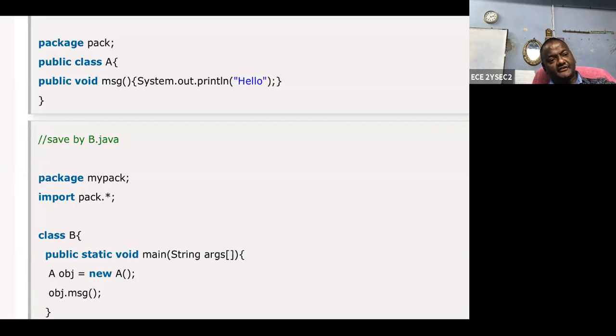So it directly refers to class A and it can check the modifiers. What is the modifier here? Public. So that data should be accessible. So once you are using public as a modifier, that class, those attributes, those constructors and those methods can be accessed by any other class, any other objects and any other constructors.